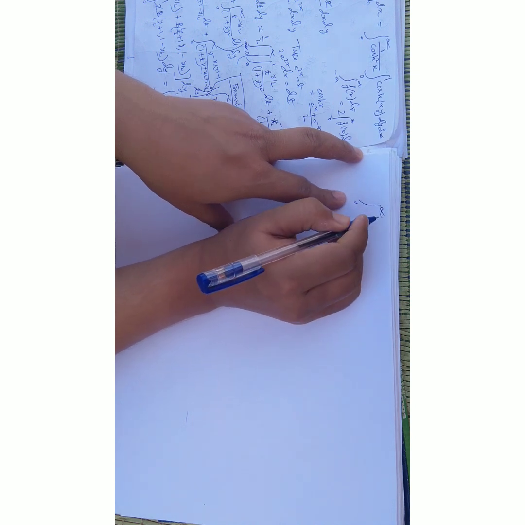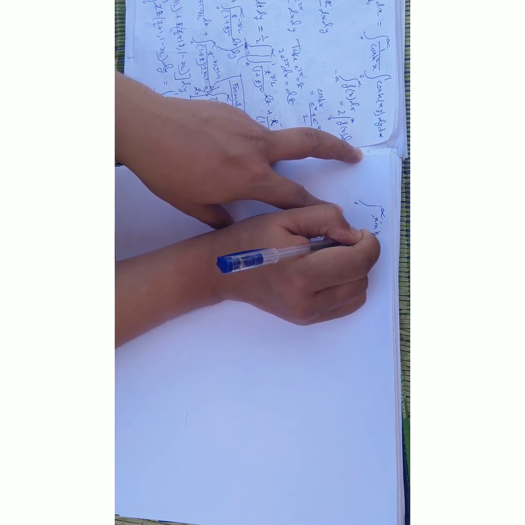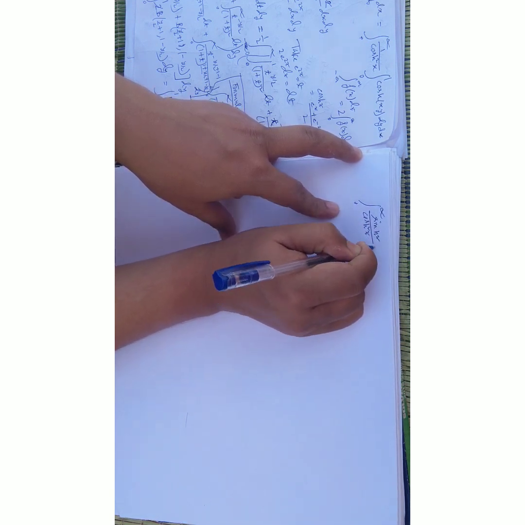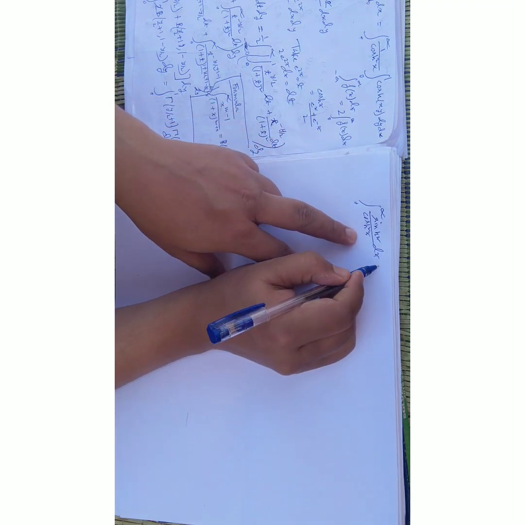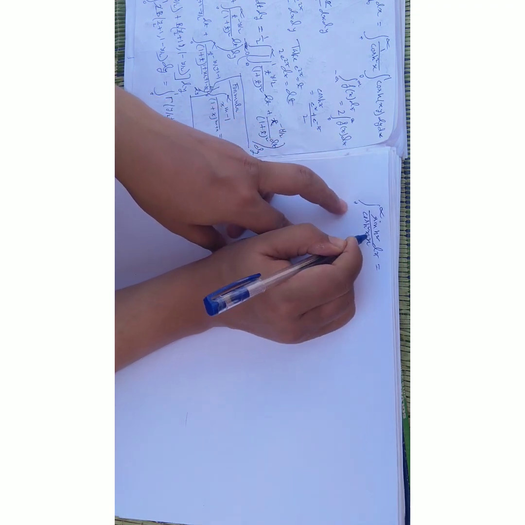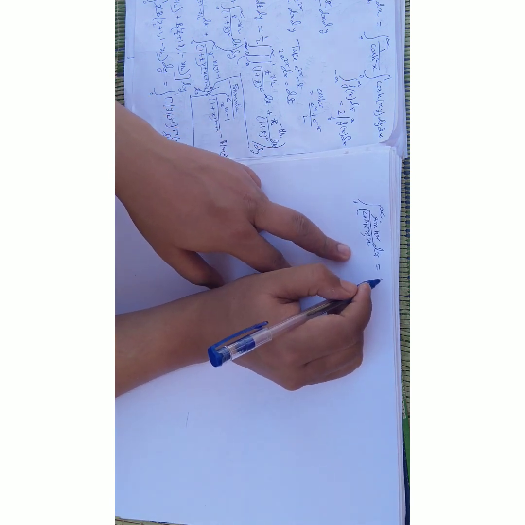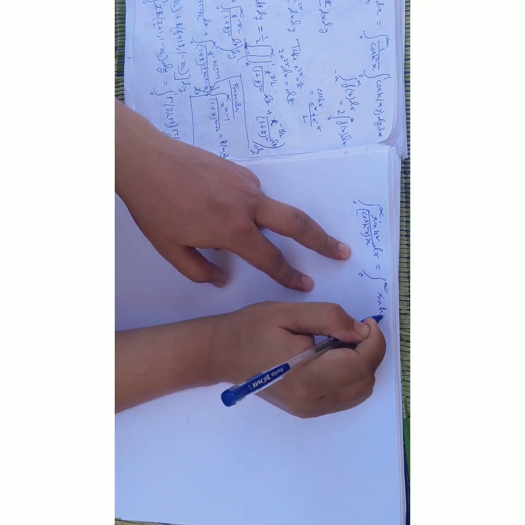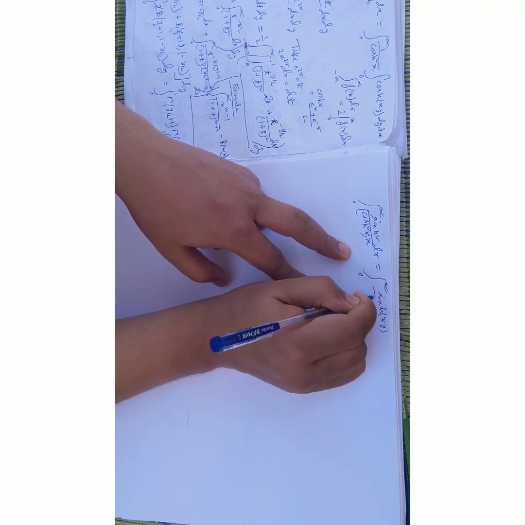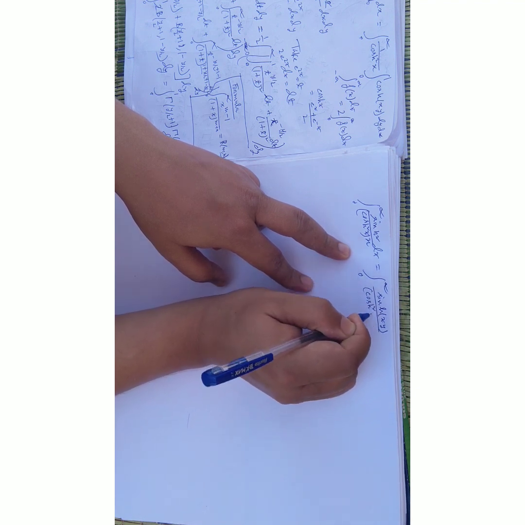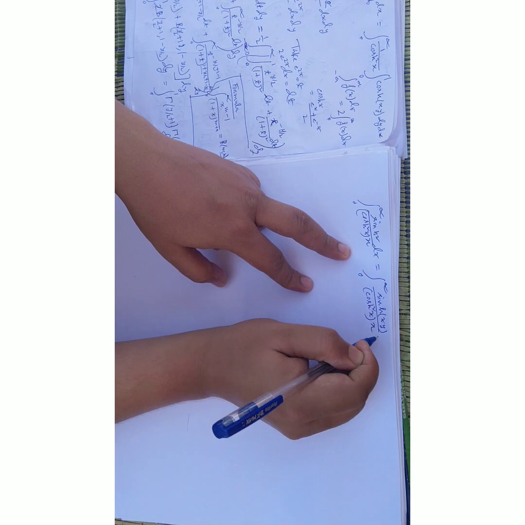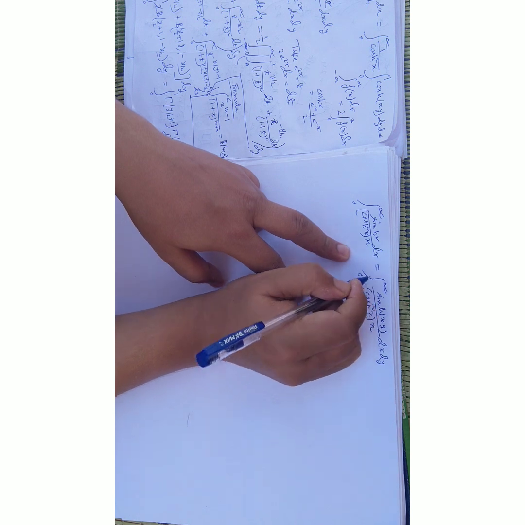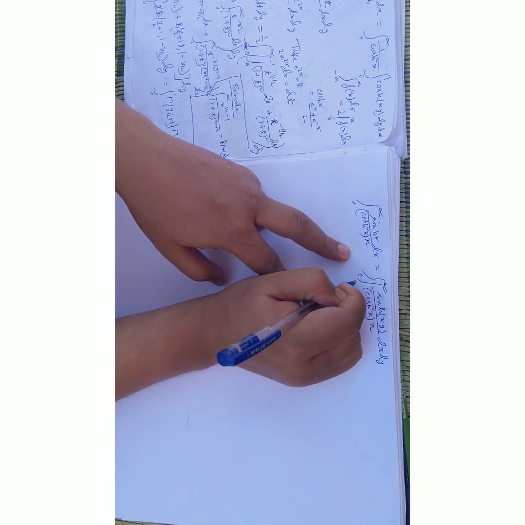Today I want to solve one integration: the integral of sinh x divided by cosh squared x dx. Actually, it is sinh x by x, and this integration I will solve. It can be written as the integral of sinh(xy) divided by cosh squared x, into dx into dy, with y from 0 to 1,